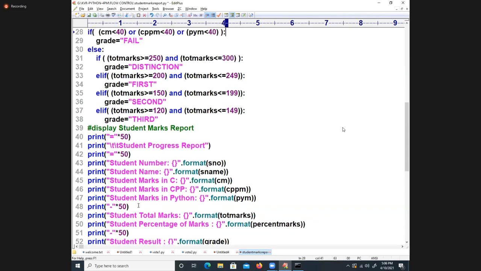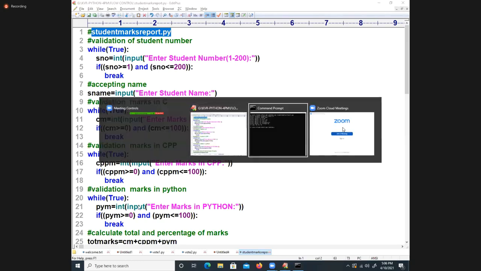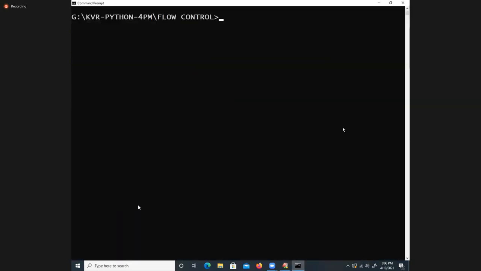This is called a complete program now. So let us save this code. Then coming to the logic part, finished. Let us come to the run. So let us watch this code. See the report.